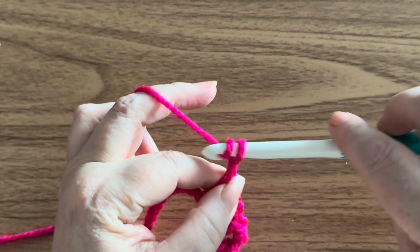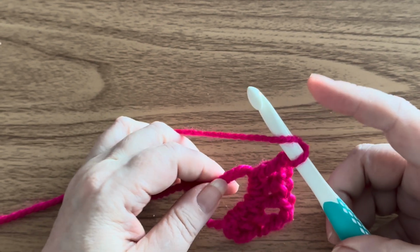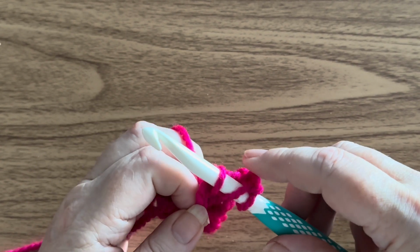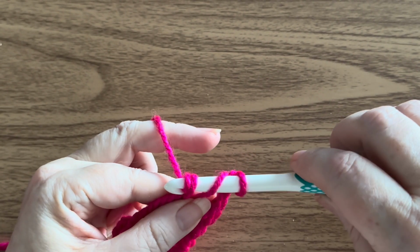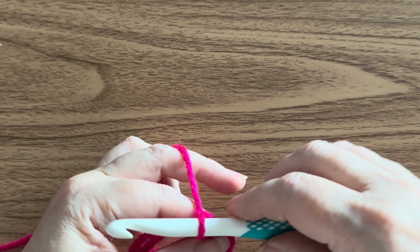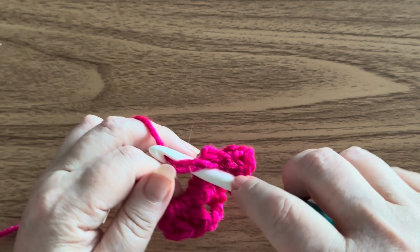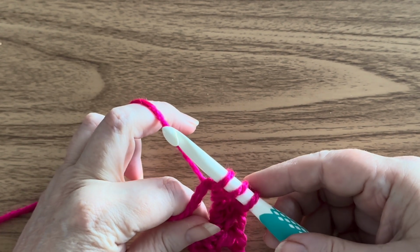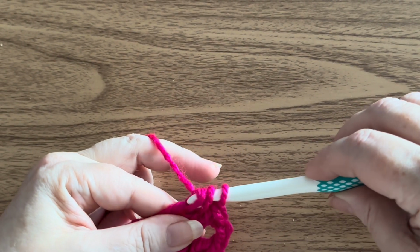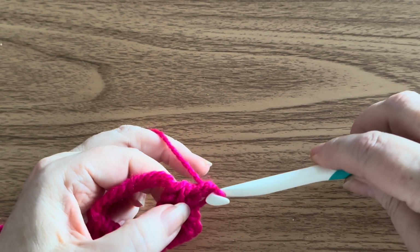Chain 2 for the corner. 3 more double crochets, yarn over, through the ring, pull up a loop, yarn over, pull through 2, yarn over, pull through 2, 2 more, yarn over, through the ring, pull up a loop, yarn over, pull through 2, yarn over, pull through 2,